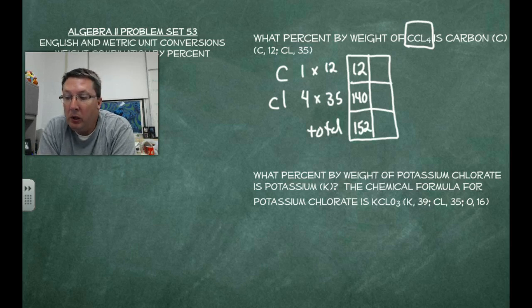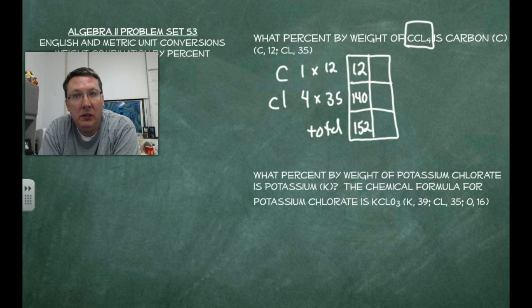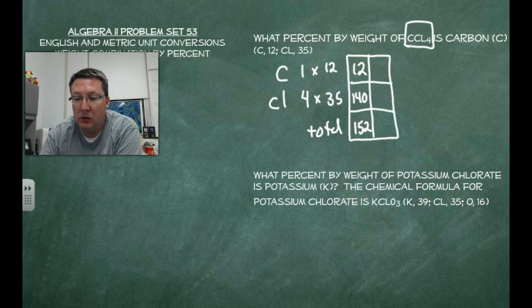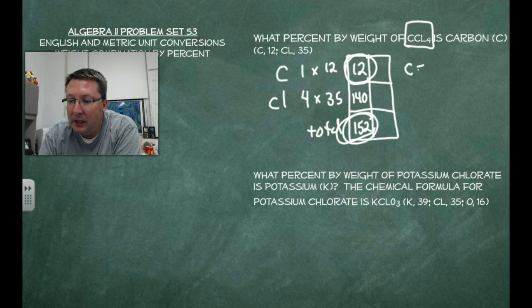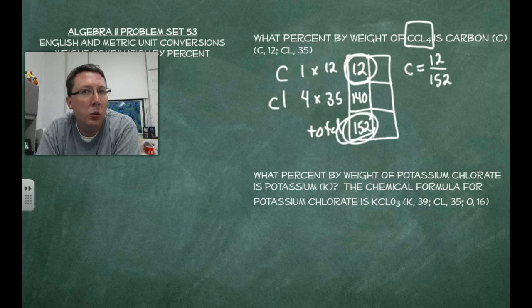Okay, now we want to know what percent of the total weight is just the carbon. Well, out of this column here, 12, 140, and 152, the carbon is 12, the total is 152. So the carbon, to turn that into a percent, that's 12 grams out of 152 grams. So 12 out of